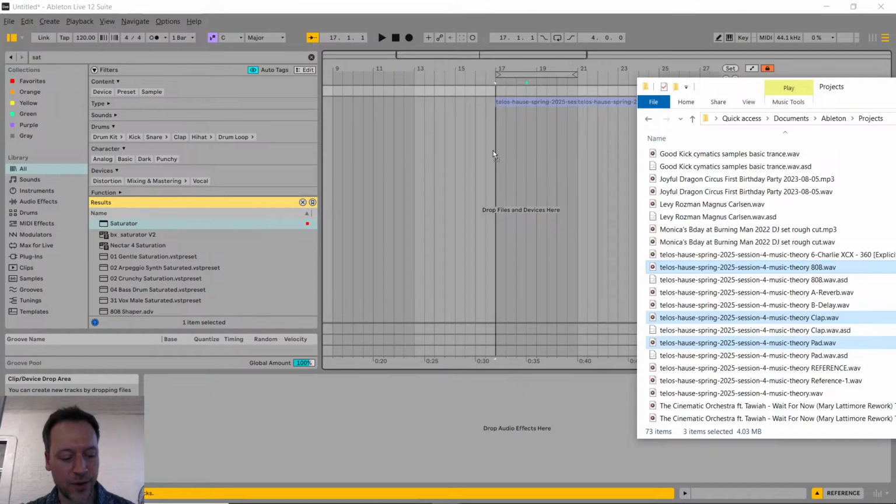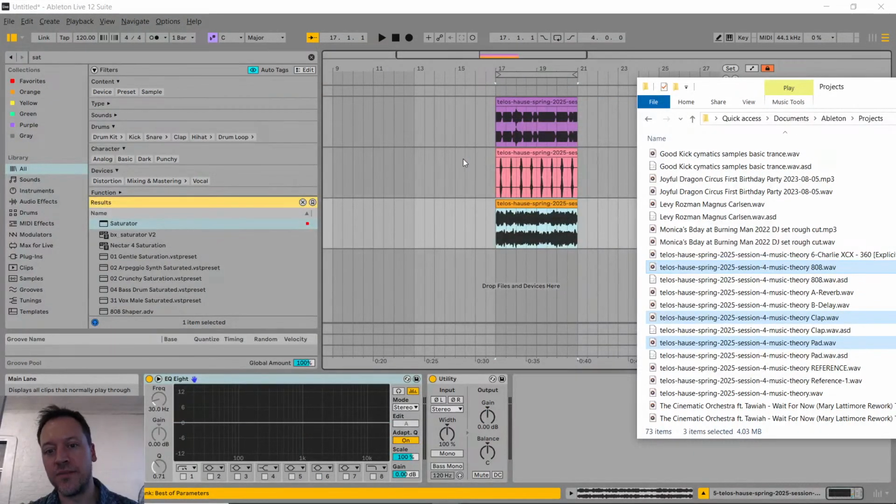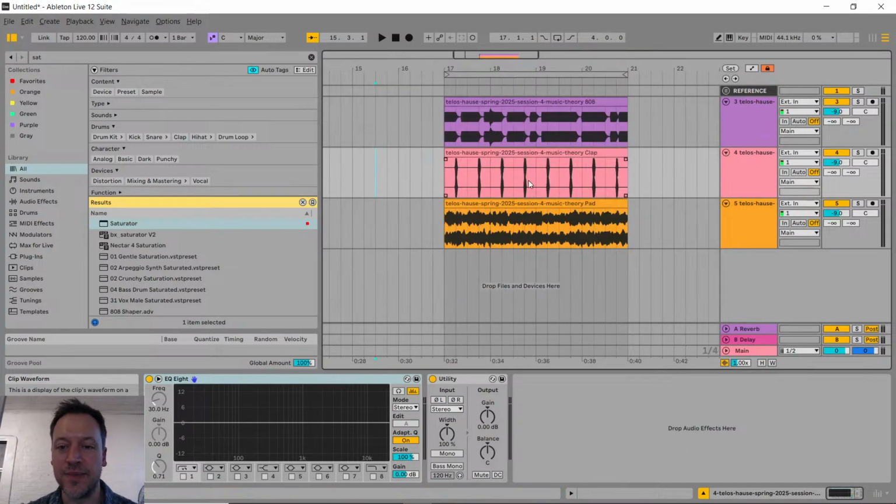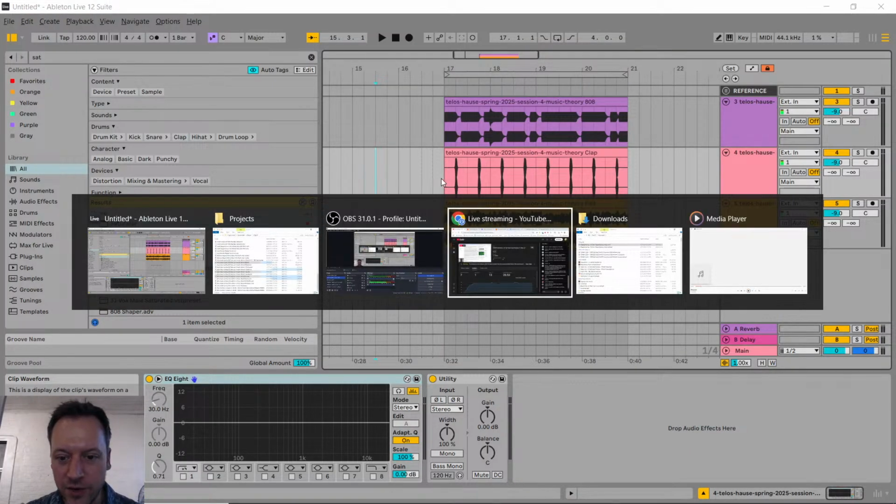I click and drag them in, and I hold down Control, and you can see when I press Control it switches how the 3 files are laid out. So I hold down Control, and when I drop them in there, it spreads them out onto different tracks. And then you also asked,